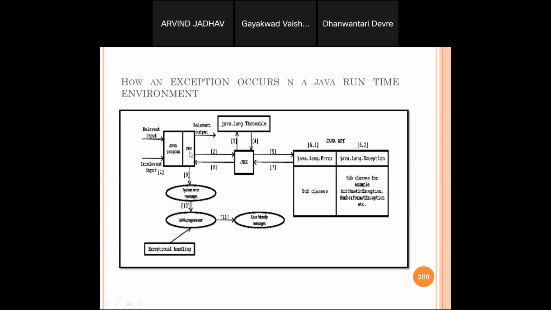नाउ दिस प्रोग्राम विल बी फॉरवर्डेड टू द JRE. अब ये प्रोग्राम कहाँ जाएगा? JRE में, स्टेप 2 में. अब JRE में आने के बाद में उसे नहीं पता चलता, एक्सेप्शन तो है, पर बट उसे पता नहीं है व्हाट काइंड ऑफ एक्सेप्शन इज। किसको नहीं पता है? जावा रन टाइम एनवायरनमेंट को पता नहीं है कि एक्चुअली व्हाट टाइप ऑफ एक्सेप्शन इज।